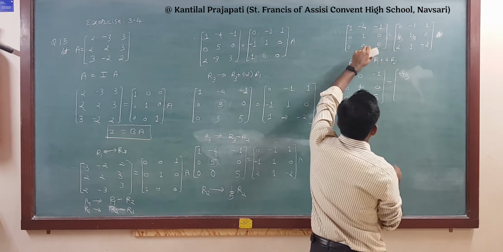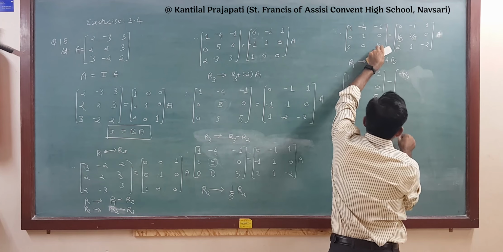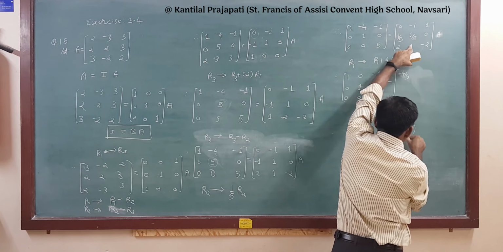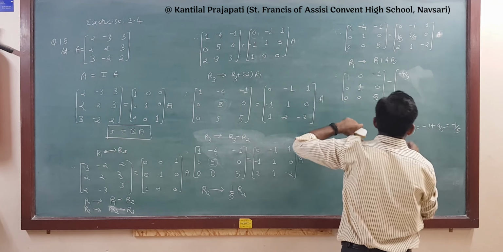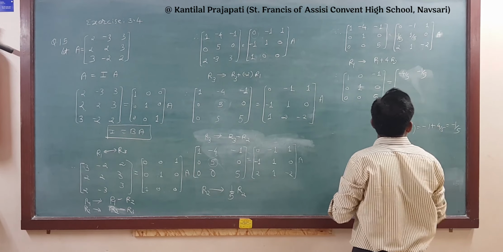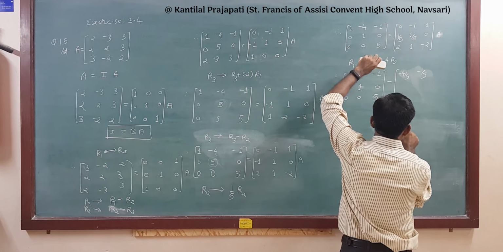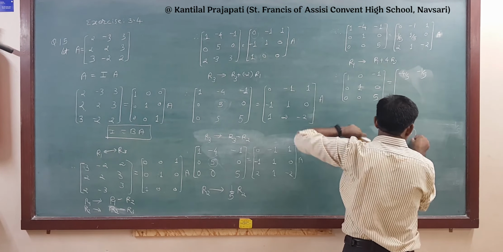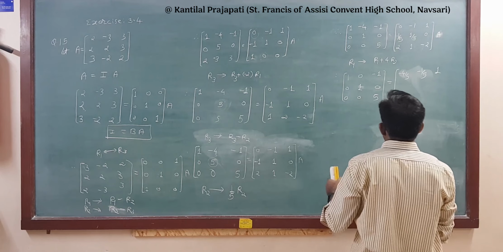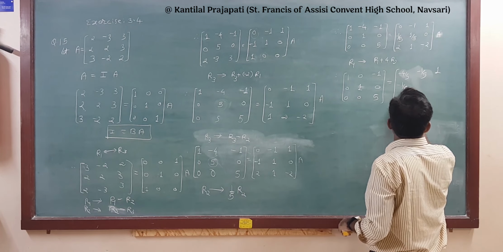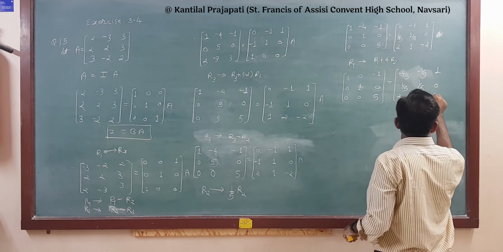So the second element here in the first row, minus 1 plus 4. R2 is 1 by 5. And equal to, you get minus 1 plus 4 by 5. And equal to, you get minus 1 by 5. So this element will be minus 1 by 5. Right? Then the last element. So 1 plus 4 into R2, that is 0. So 1 plus 0 is 1. The second row and third row will be the same. Minus 1 by 5, 1 by 5, 0, 2, 1, minus 2, 8.